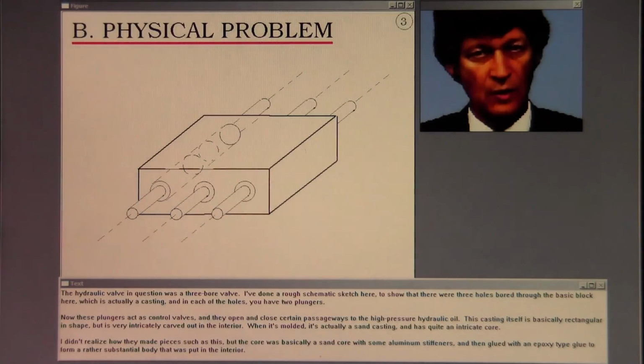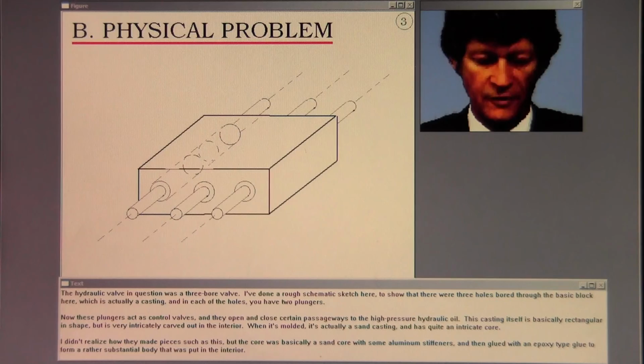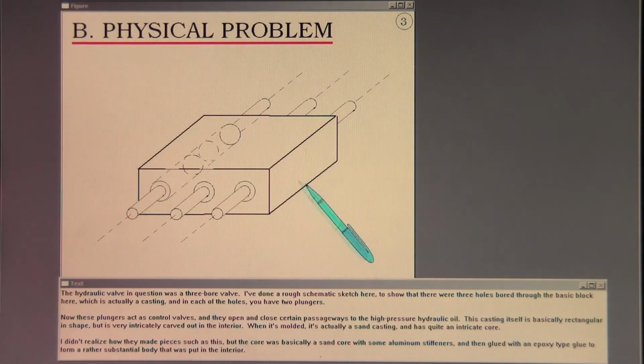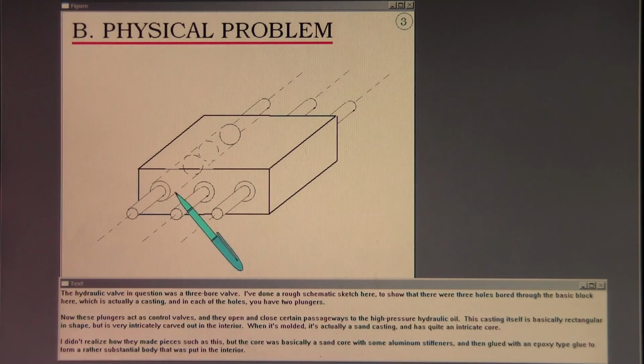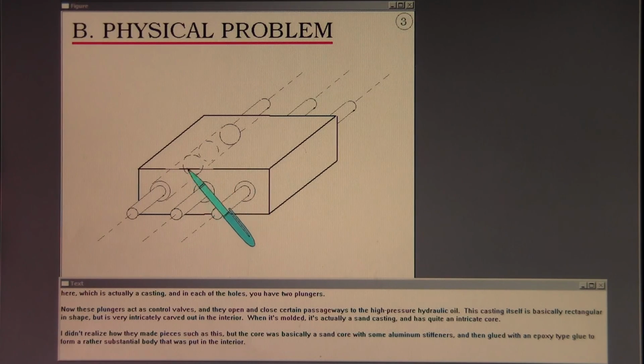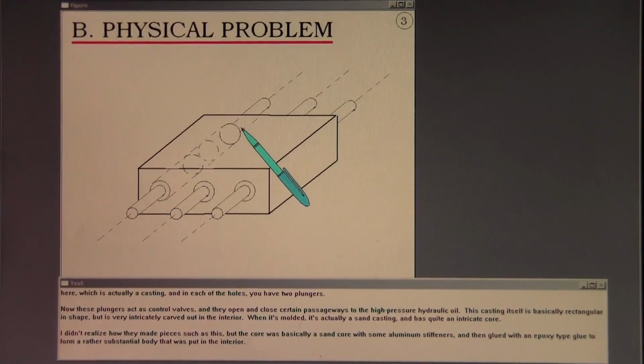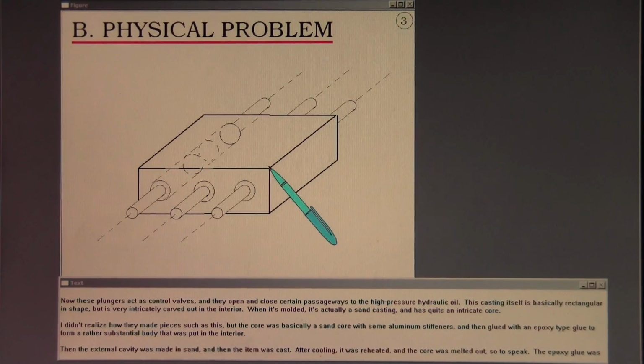The hydraulic valve in question was a 3-bore valve. I've done a rough schematic sketch here to show that there were 3 holes bored through the basic block here, which is actually a casting, and in each of the holes you have 2 plungers. Now these plungers act as control valves, and they open and close certain passageways to the high pressure hydraulic oil. This casting itself is basically rectangular in shape. It is very intricately